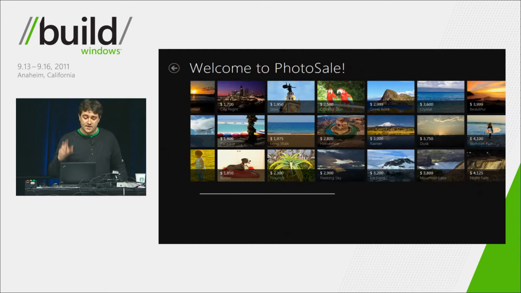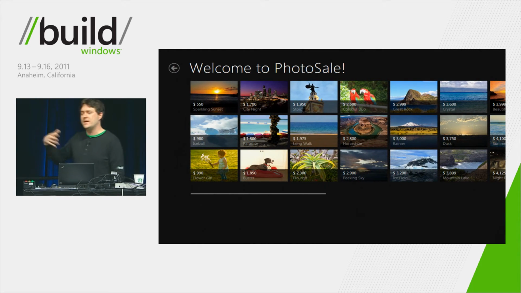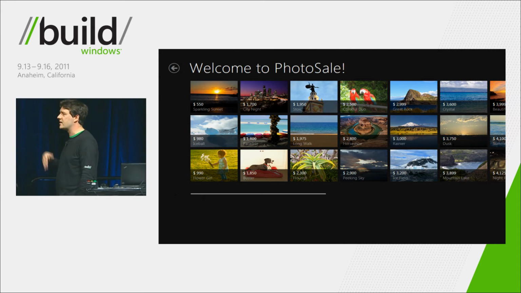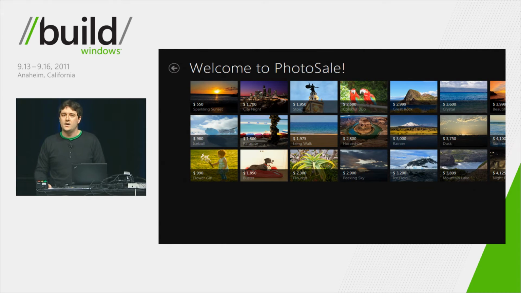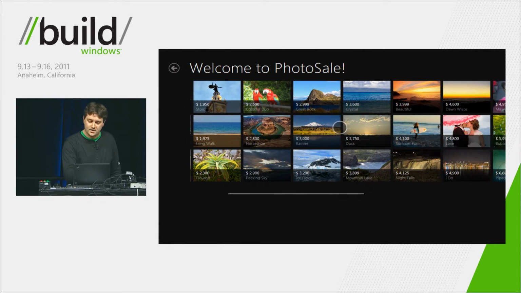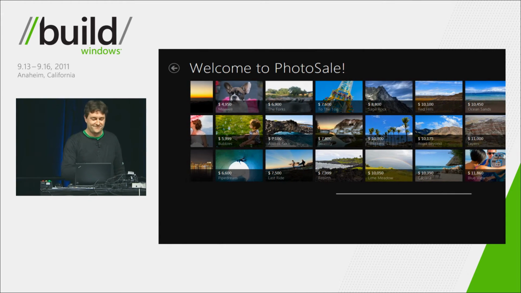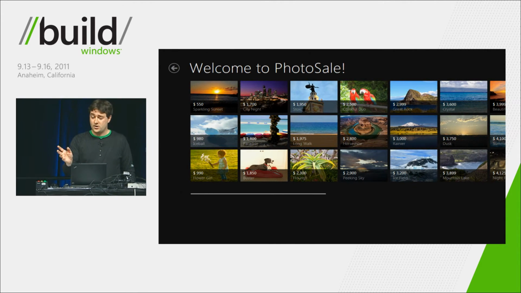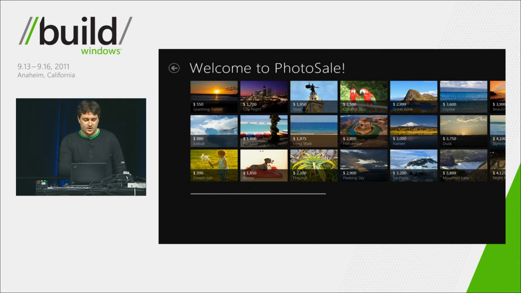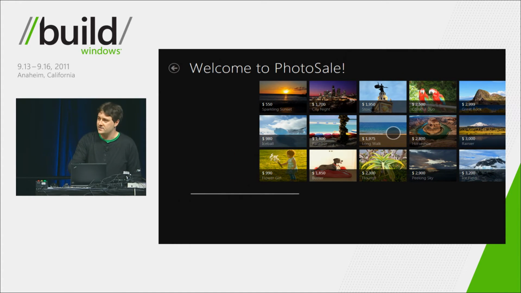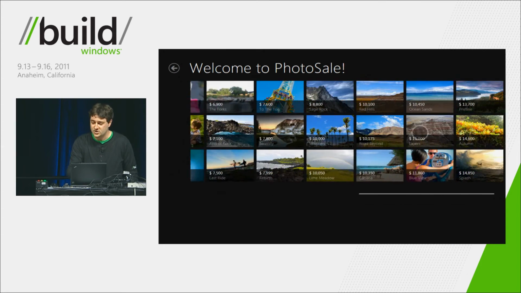And I want to talk about a couple more gradually advanced topics, so I'm just going to continue to move on. One problem that we have with this application right now is that it's difficult to pick a picture to buy because they're all just smushed together. They're sorted by price, which is great. But if I had a budget, take a look, my cheapest picture is $550. My most expensive one is